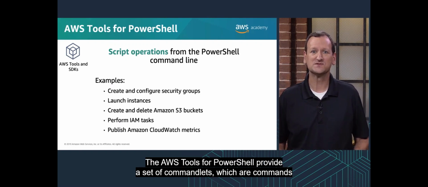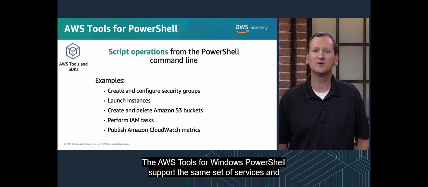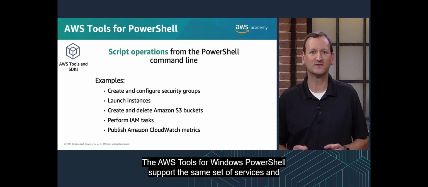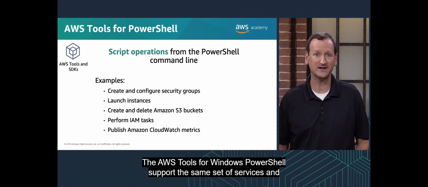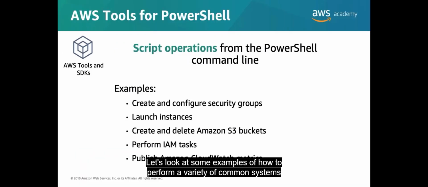The AWS Tools for PowerShell provide a set of commandlets, which are commands that are used in a Windows PowerShell environment to perform an action. The AWS Tools for Windows PowerShell support the same set of services and regions that are supported by the AWS SDKs. Let's look at some examples of how to perform a variety of common systems management tasks with the AWS Tools for PowerShell,